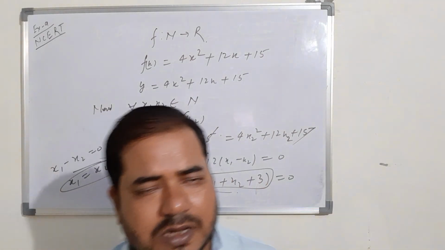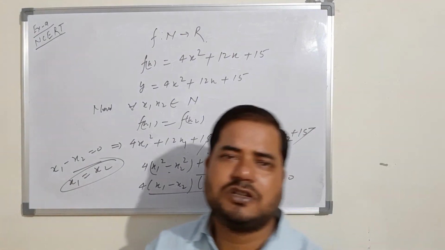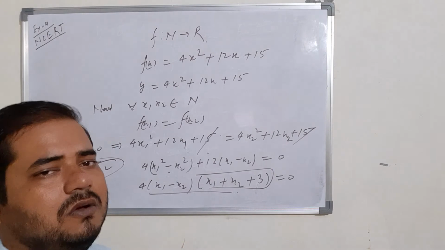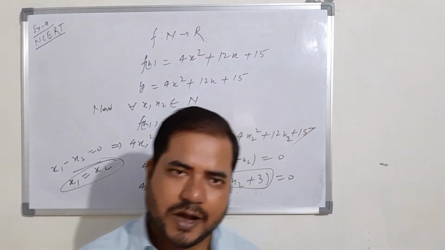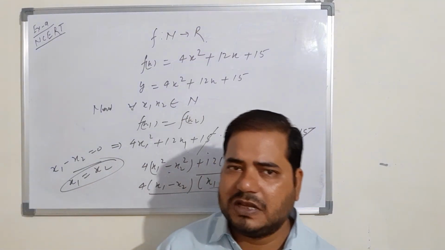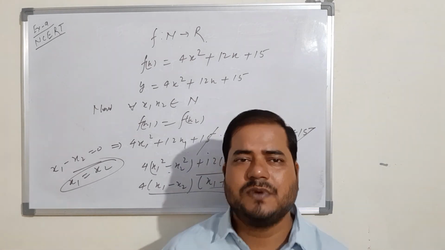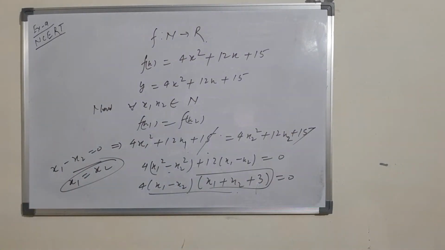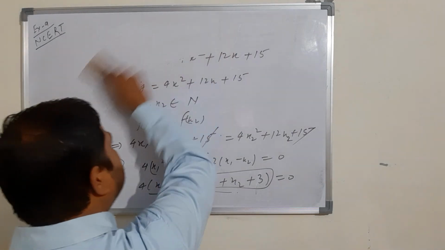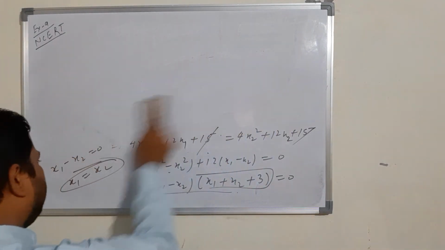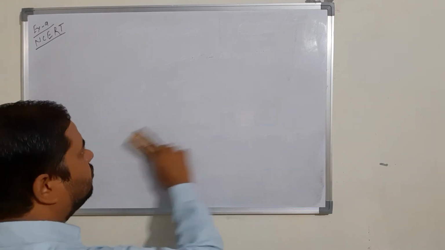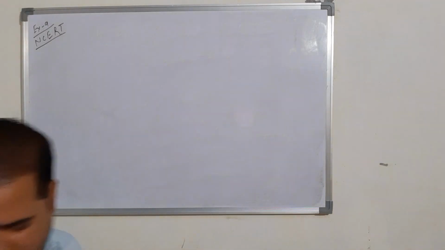That means if f(x1) is equal to f(x2), then x1 is equal to x2, then we can say this particular function is one-one. Okay, now we are going to prove this is onto also, as well as find the inverse of this function. So please see, next thing is very important, you have to use it in all these types of questions whenever you find the inverse.